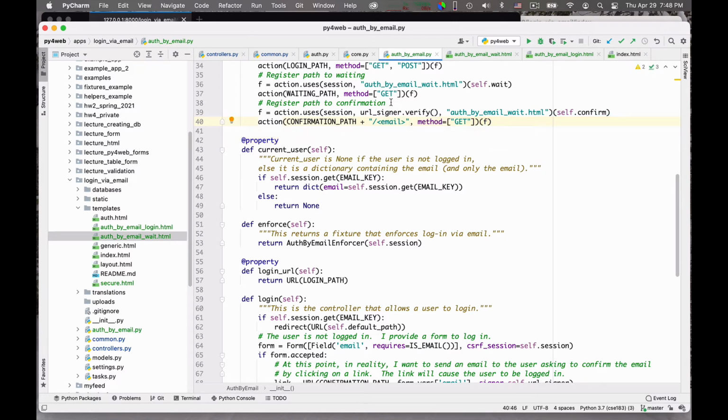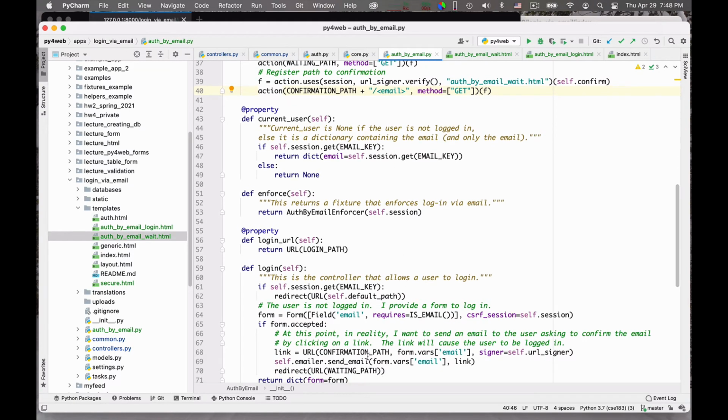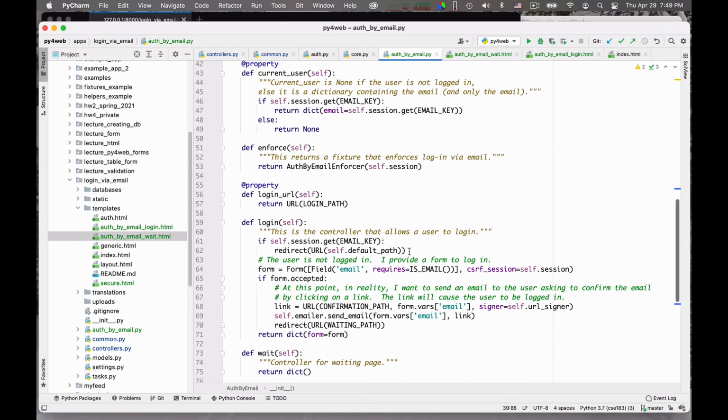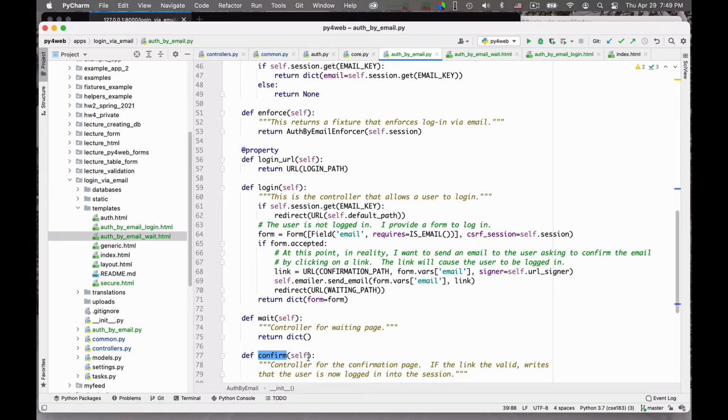I mean, there is gonna be this piece as well, because we have created a confirmation path and we have added the email to it, so we need to do this. And so this confirm action has to say self and also email is equal to none, like any good controller that takes a parameter.